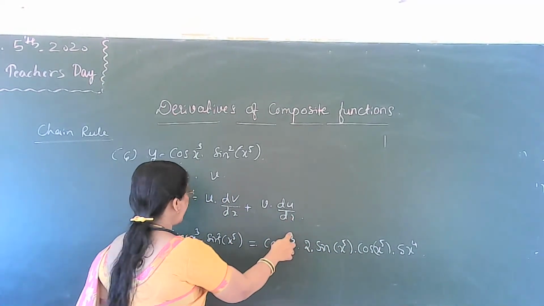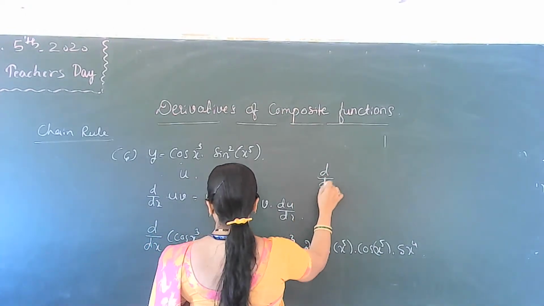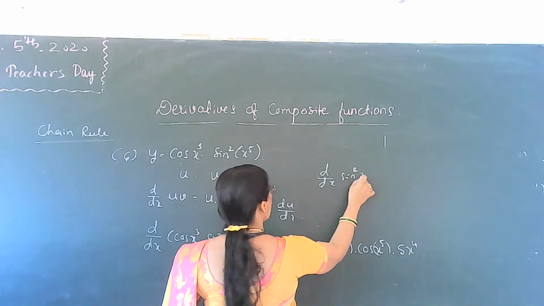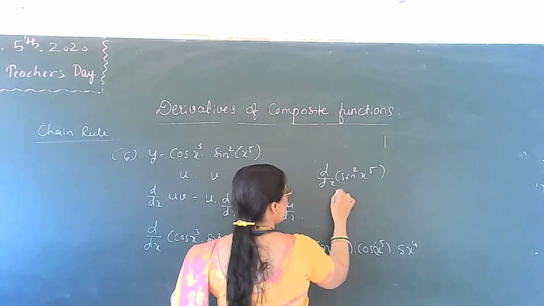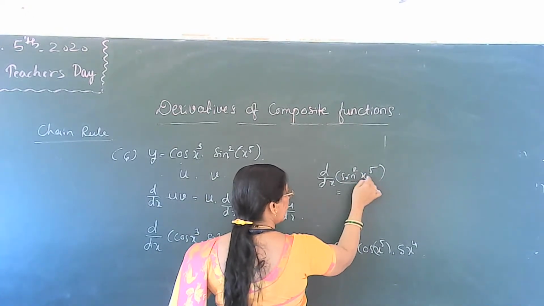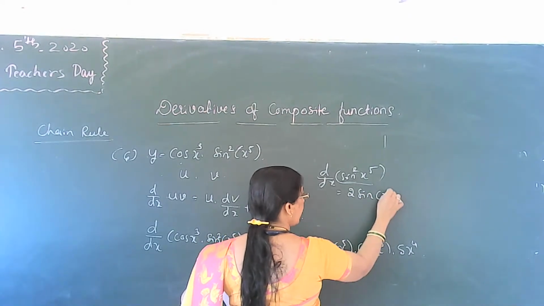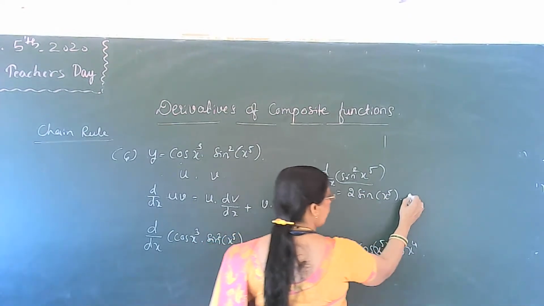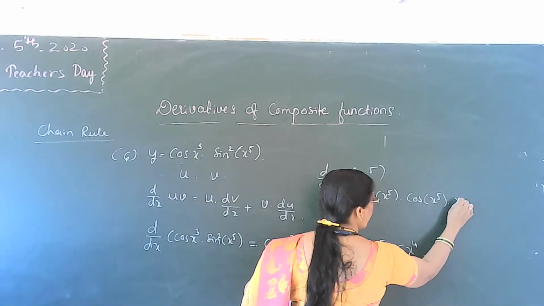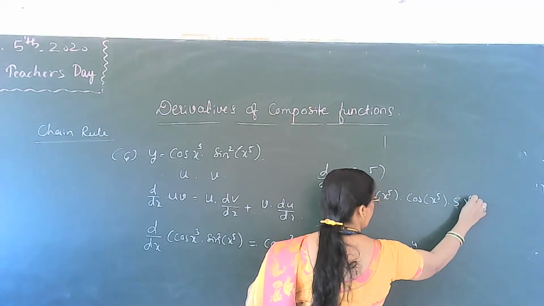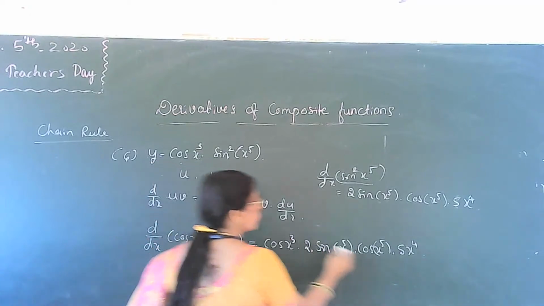Finding the derivative of du by dx is equal to the derivative of sin square x to the power 5, which is 2 into sin of x to the power 5 into the derivative cos x to the power 5, and the derivative of x to the power 5 is 5 into x to the power 4. Then plus